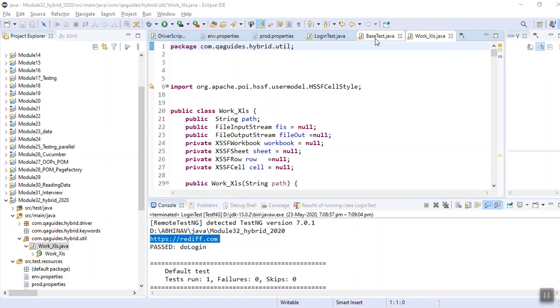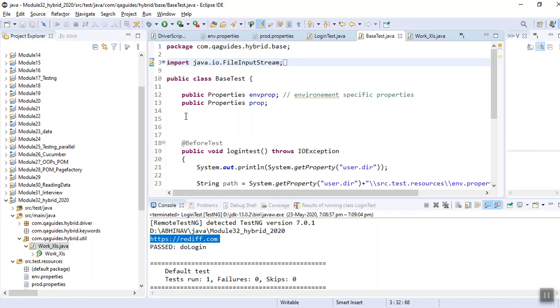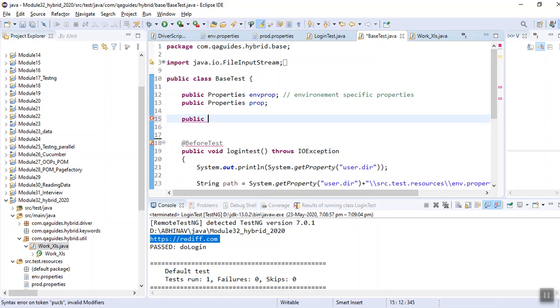Now go to your base class and initialize the xls object. Public Xls_Reader.